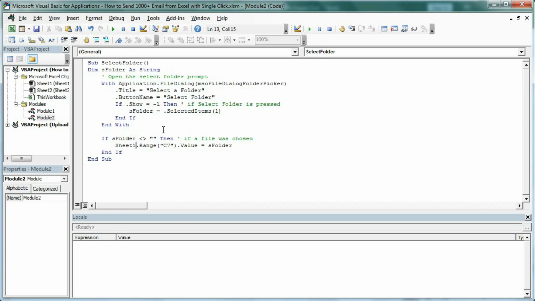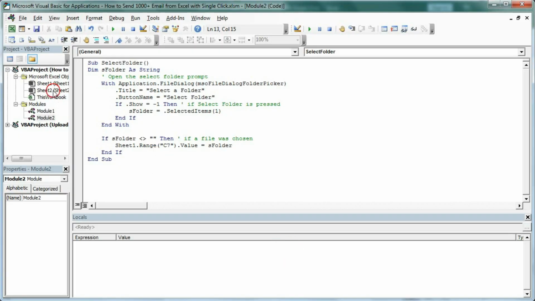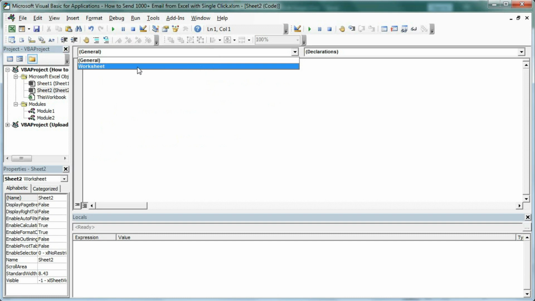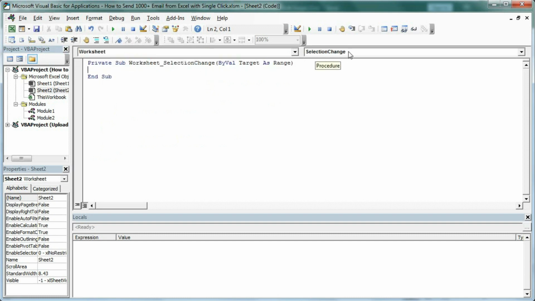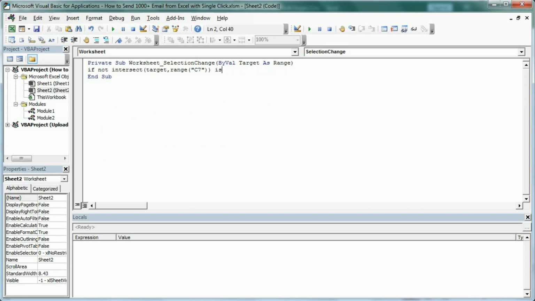Now to activate this, that means whenever we click on this, or you may say double click this, the dialog box will prompt. So we will do it with selection change. So go to Sheet2 and select here Worksheet and then SelectionChange. Here type If Not Intersect(Target, Range("C7")) Is Nothing, then